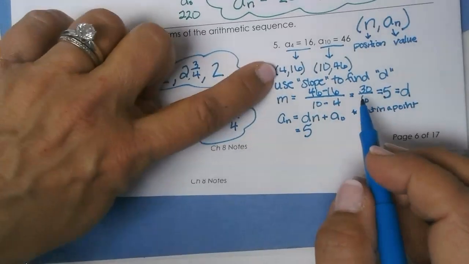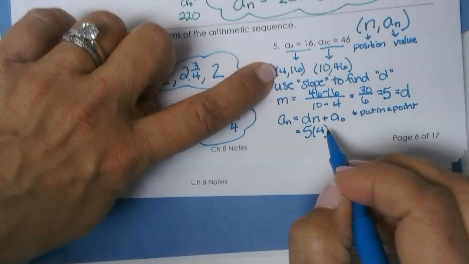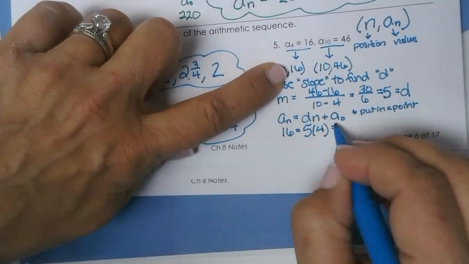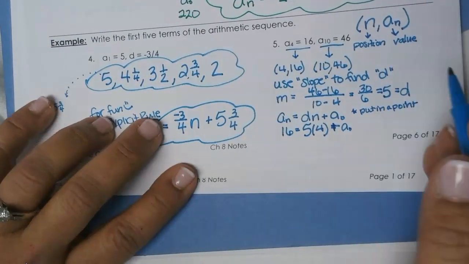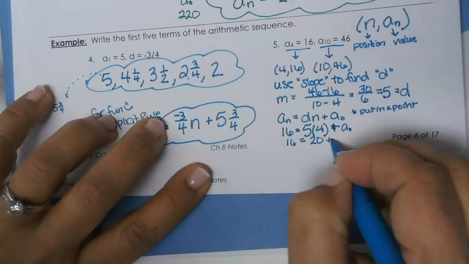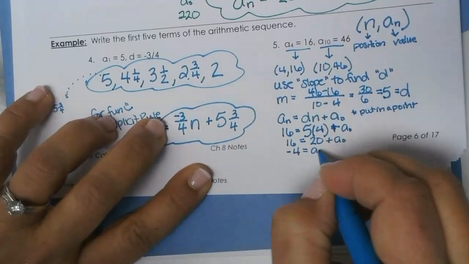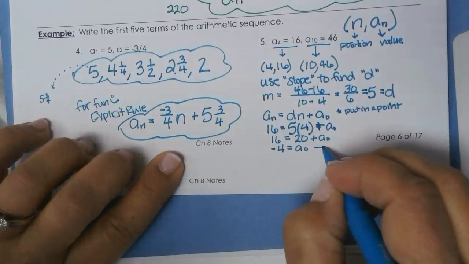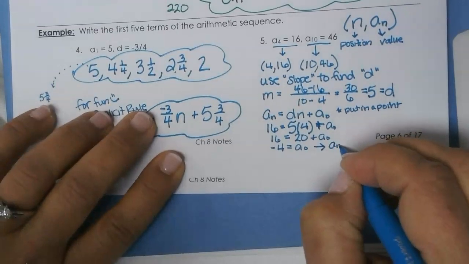And again, this point means that n is 4, so I'm going to put 4 in for n, and a sub n is 16. I'll put 16 in for a sub n. And then I'm trying to find my a sub 0. So I have that 16 equals 20 plus a sub 0. I subtract, I find that negative 4 is my a sub 0. So if I were then to write a rule, it would be that a sub n equals